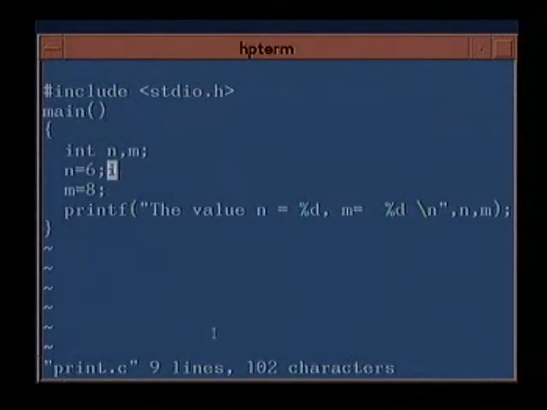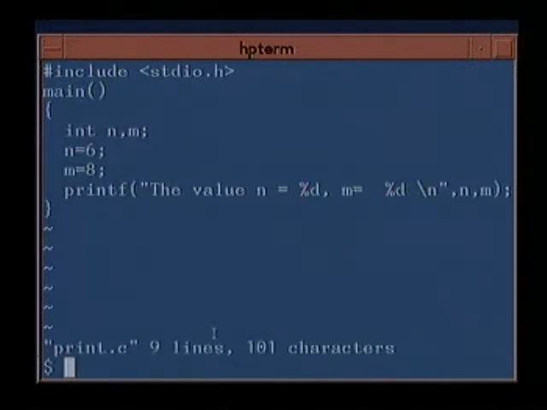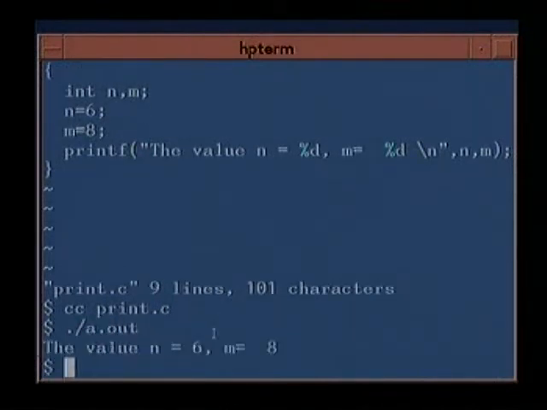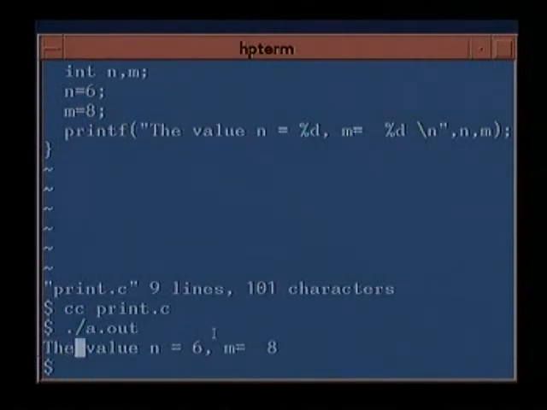This is a syntax error, so it has given a syntax error during compilation. Now it's okay. So it now prints the value of n is equal to 6, m is equal to 8.